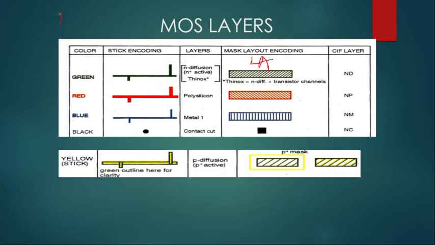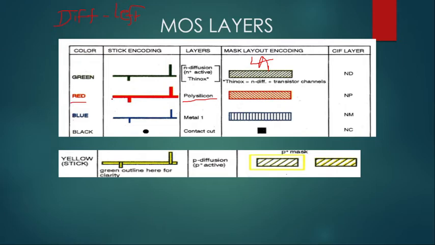So basically one thing you should notice at this point of time, for diffusion the lines are aligned towards left. The lines are left aligned, they all are aligning towards the left. Next comes the red color. Red color is for polysilicon. So in your CMOS fabrication, PMOS fabrication, you must have observed a polysilicon layer is used to build a gate terminal. So for gate terminal, red color is used.